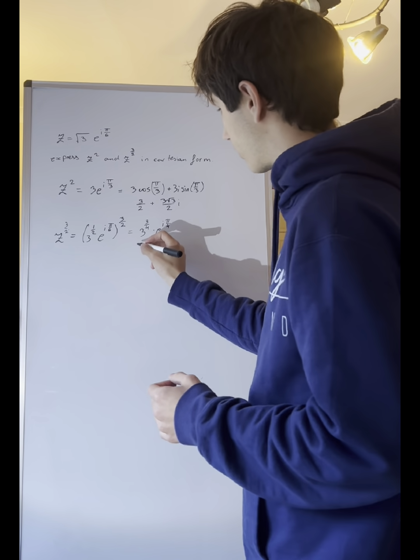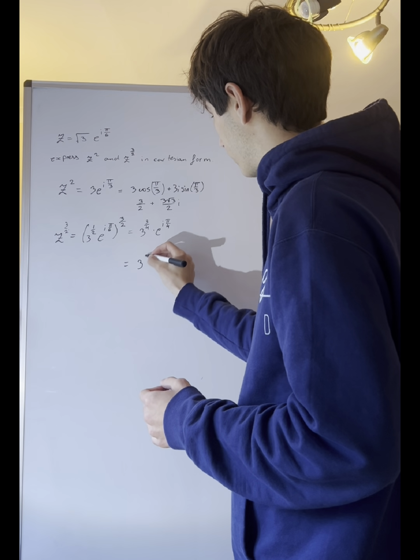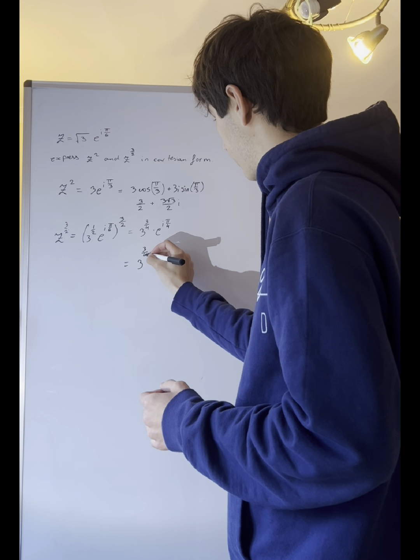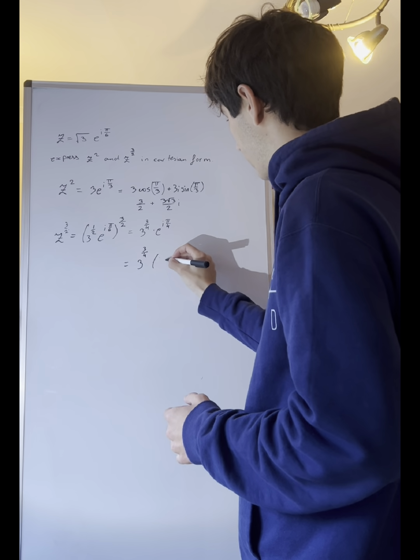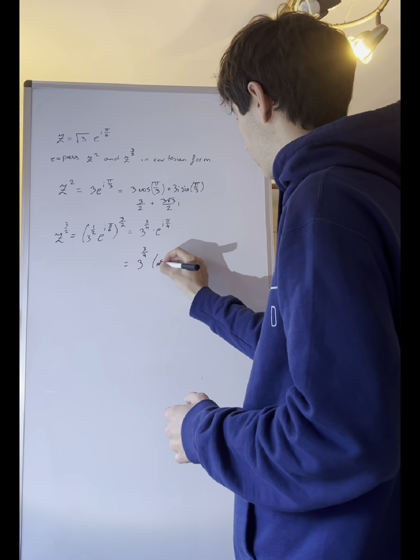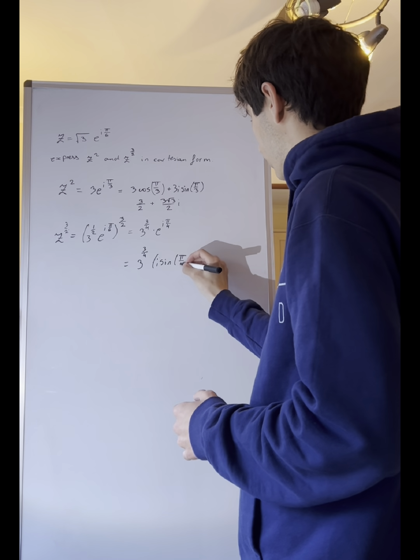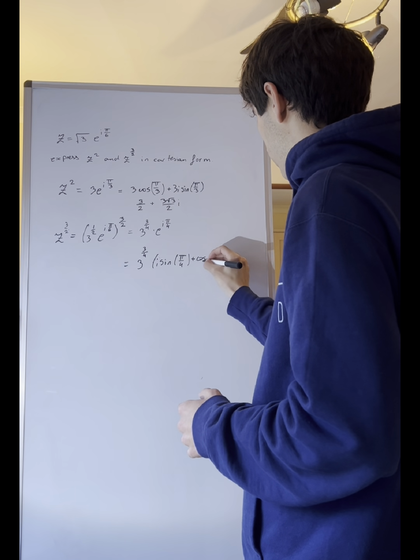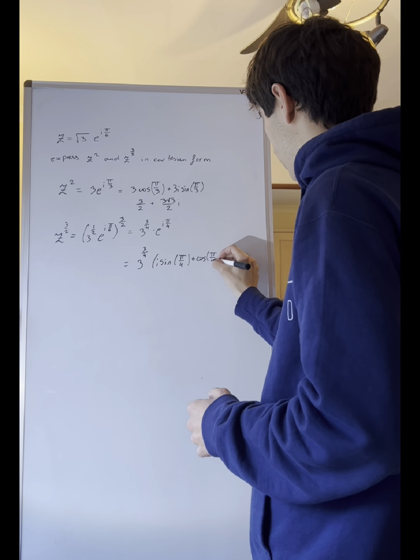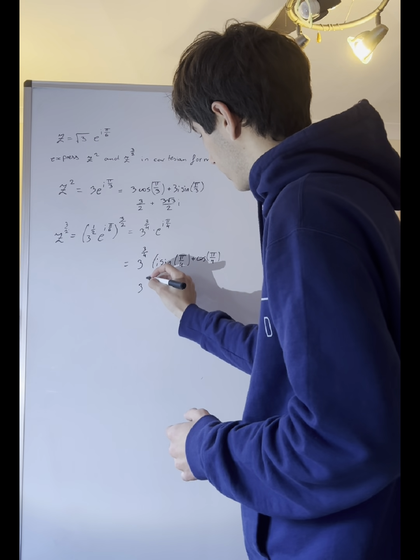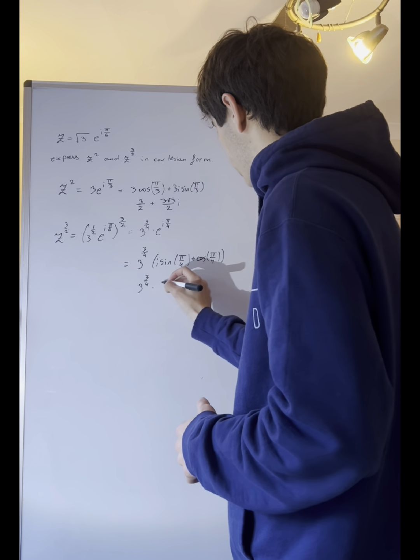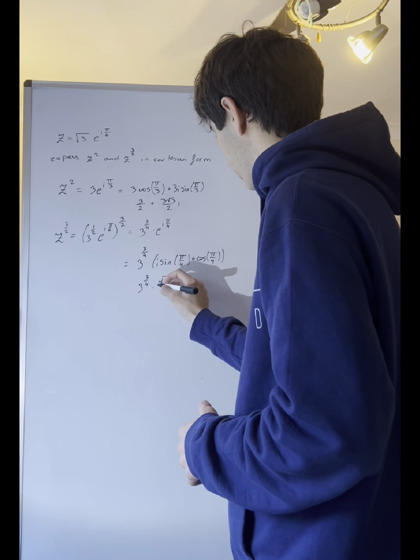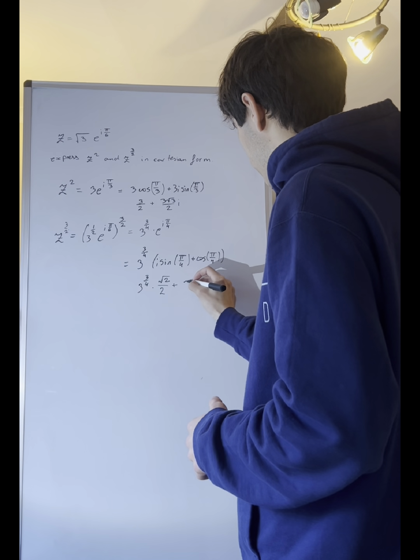So this is going to be 3 to the 3/4 times cosine of pi over 4 plus i sine of pi over 4, which is 3 to the 3/4 times root 2 over 2 plus